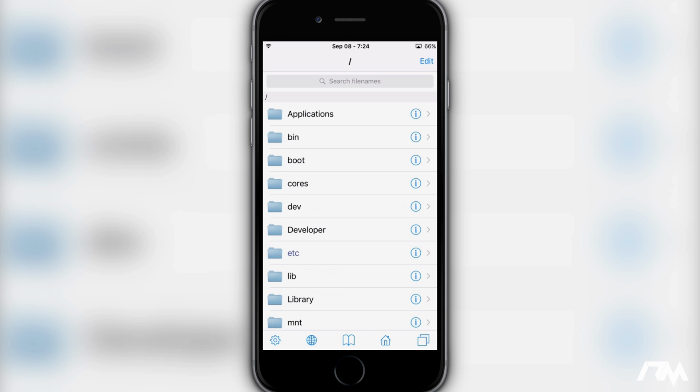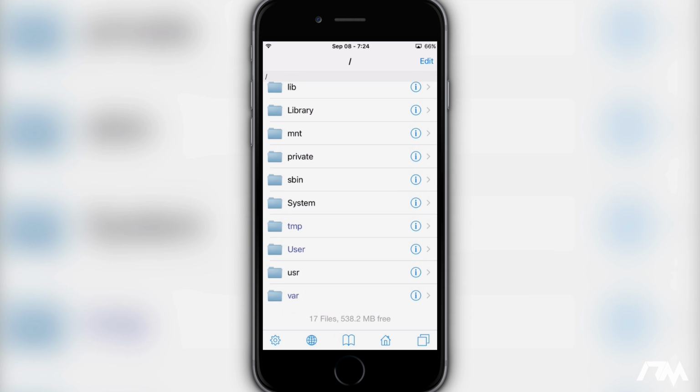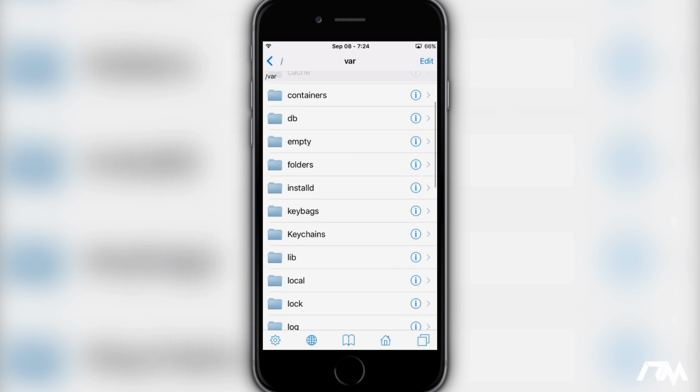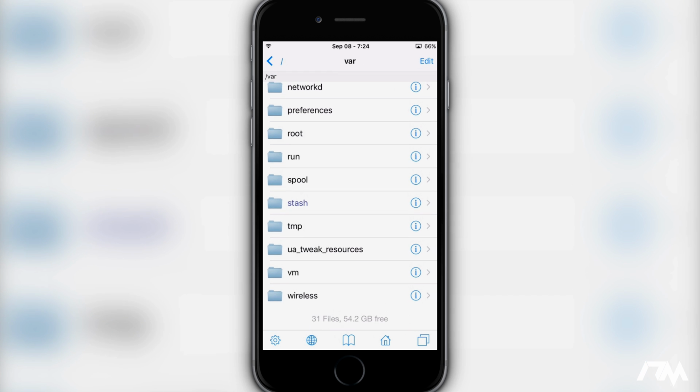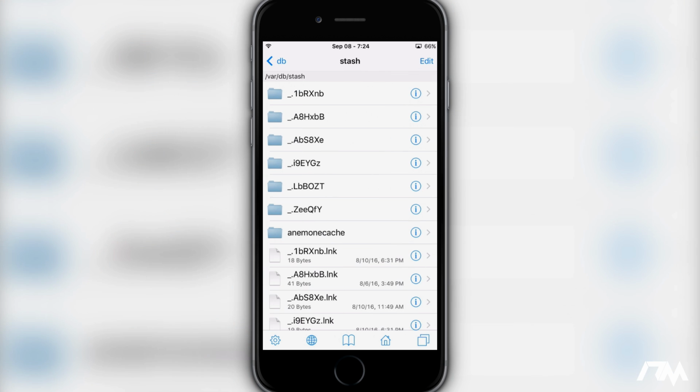So once you go into iFile, just back all the way out until you're just to the slash, and then just swipe down until you see var. So go into var, swipe all the way down again until you see stash. Click on stash, and then for me, my themes are in the folder